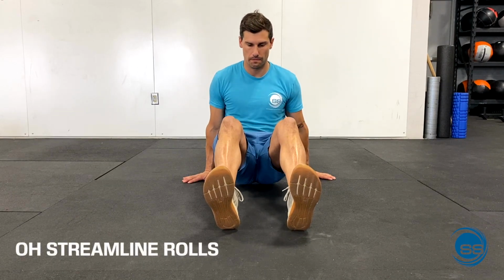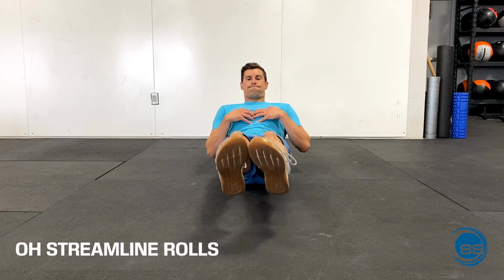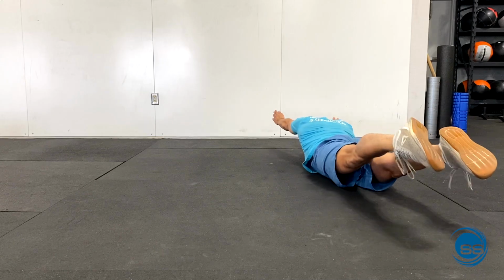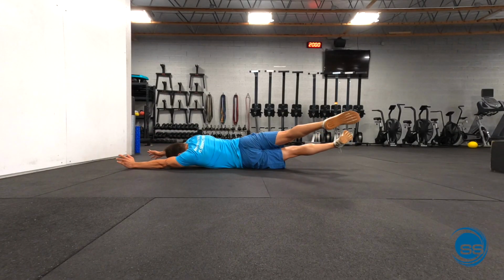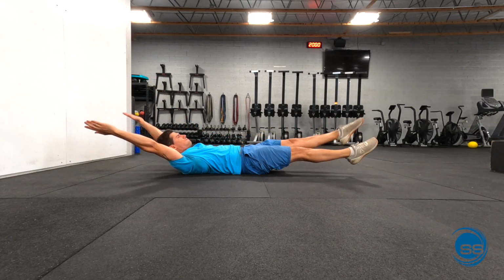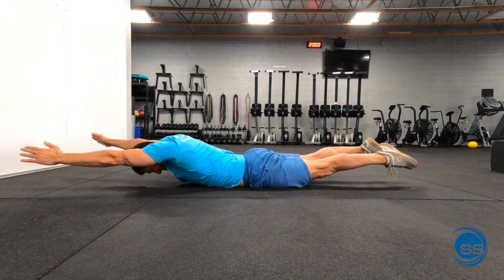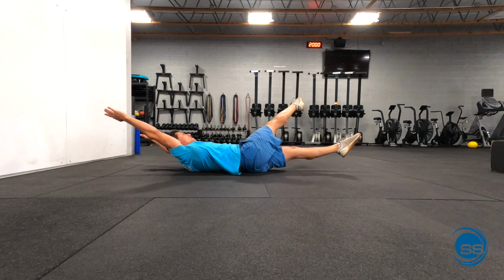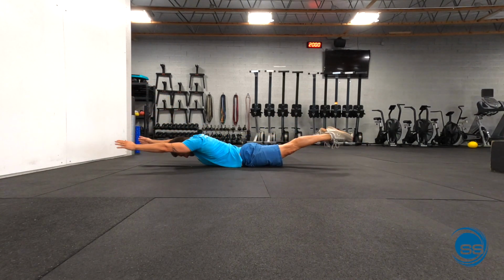Number 2, overhead streamline rolls. Now we are going to be in a streamline hollow position on our back, making sure the lower back is connected to the ground, and we're going to flip our body, moving our leg first, getting over to our belly, reaching out with our hands, reaching back with our legs, and then flipping back, and then doing the reverse on